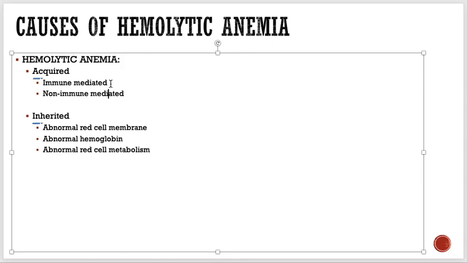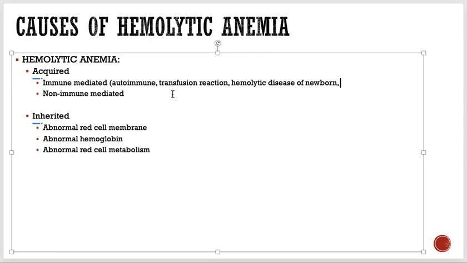See, immune mediated destruction. What can be the causes? There could be a number of causes of immune mediated destruction. It could be autoimmune, which is further divided into the warm type and cold type. Of course, we are not going to discuss that here. It could be a transfusion reaction. If you give a blood group A person blood group B blood, of course, they will have this problem. It could be hemolytic disease of newborn,